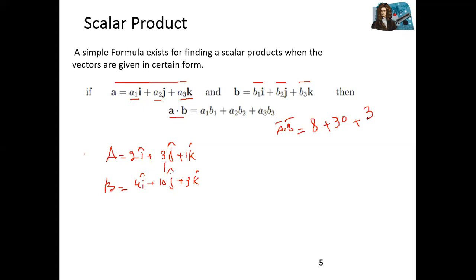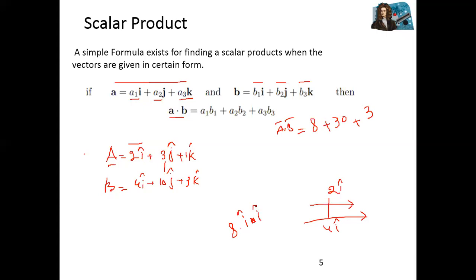Listen. For example, you know i in i. The first vector has its x component on the x axis, 2i. We have a second vector, and the second vector is 4i. So what is the angle between these two? It's 0. So when you multiply 2 with 4, 8, you have i multiplied with i, sorry, i dot i.